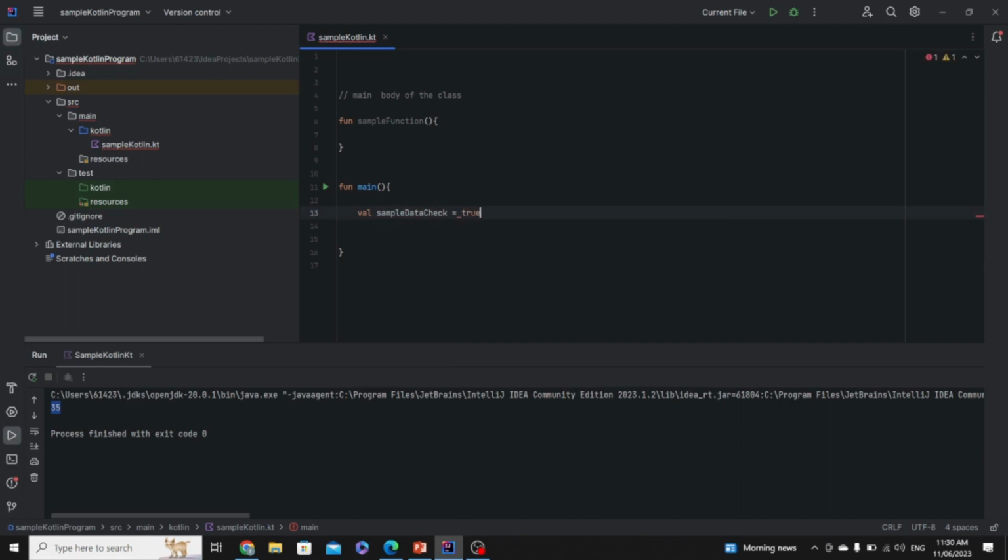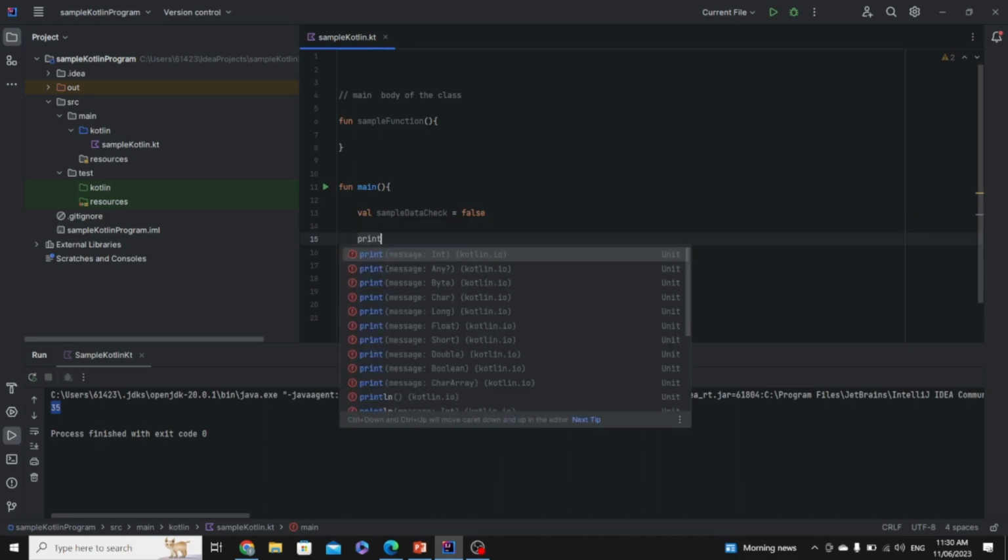Okay, as you can see, I just assigned a true value to a sample data check, or let's say false, because if some new user is coming on your app or on your website, they should create an account to use your services. Okay, so I'm just typing println